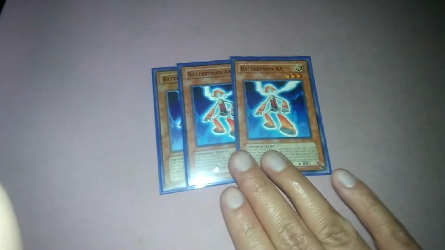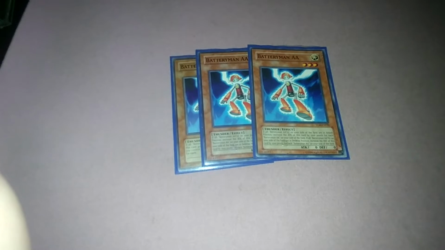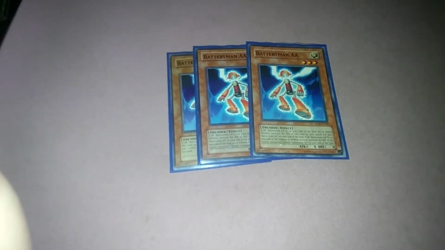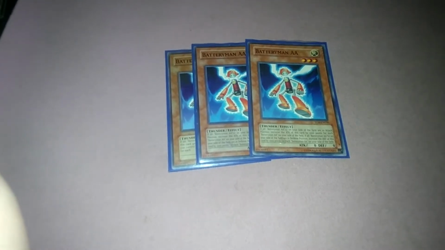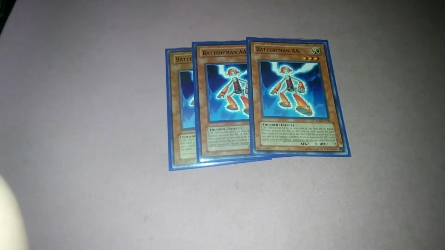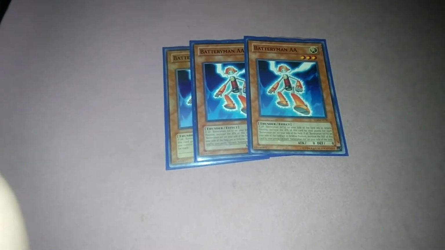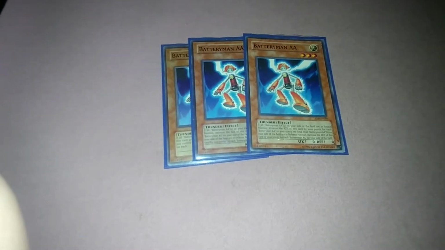Batteryman AA. Yes, it does show it's a 0 attack, but if all Batteryman AA's are on your side of the field in attack position, they increase the attack and defense. They increase the attack by 1000 for every Batteryman AA on the field. If all Batteryman AA's are in defense position, they increase the defense of this card by 1000 points